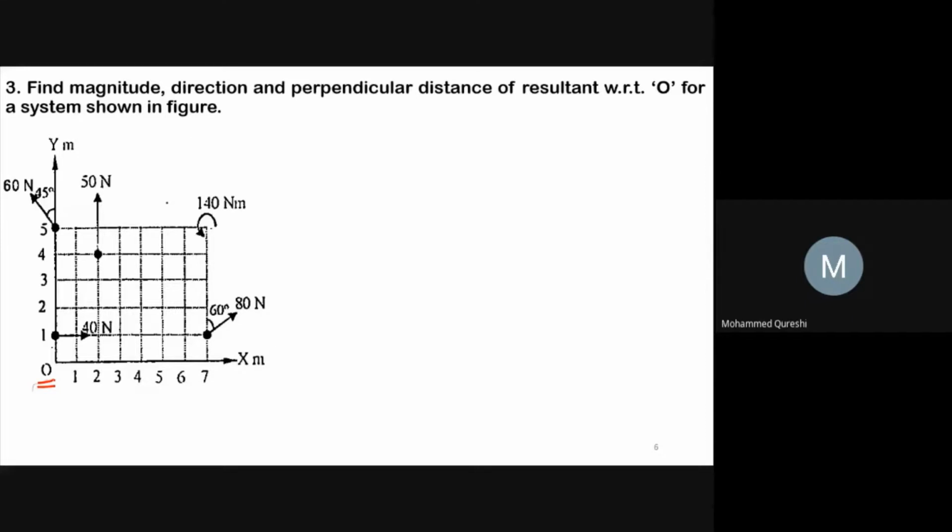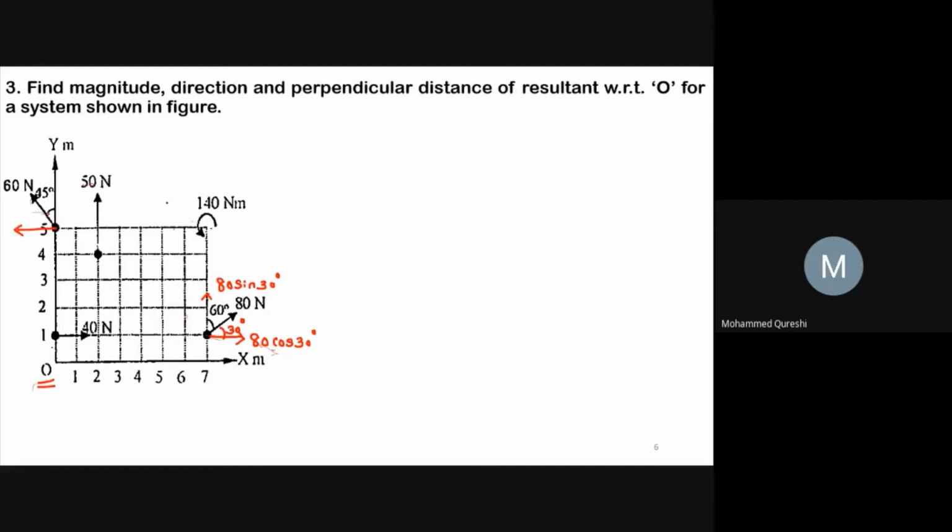This 80 Newton force is making an angle of 60 degrees with the vertical axis. So we will consider this as 30 degrees, as the total is 90 degrees. So your first component will be 80 cos 30 degrees and your second component will be 80 sin 30 degrees. Here, 140 Newton meter moment is given in the anti-clockwise direction. This 50 Newton force, and here 60 Newton